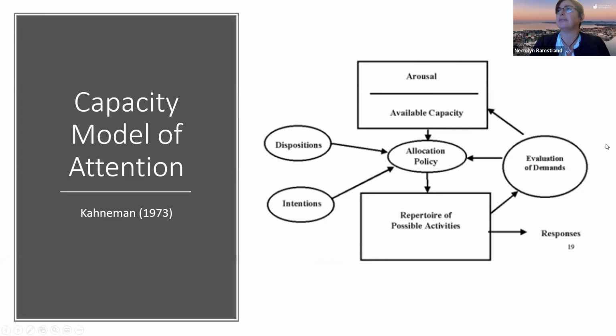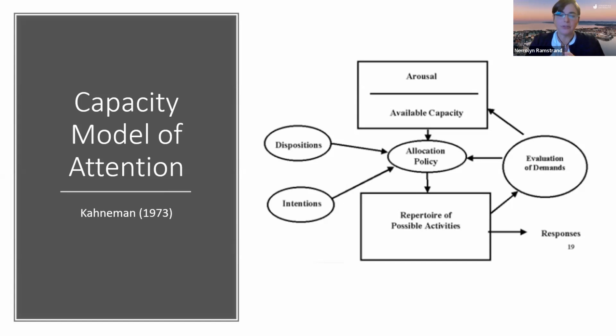And what he is suggesting is that you have an available capacity to attend to a task. So you think about your brain, you have a sort of volume of capacity that you can use to allocate to a task. You have to decide then what you're going to allocate your attention towards. And there are lots of different elements that can influence that. There are some elements like how fatigued you are, how stressed you are, that we know can affect attentional capacity. But somewhere you're going to have to make a decision of what to attend to. Based upon that, you do something and there's a response.